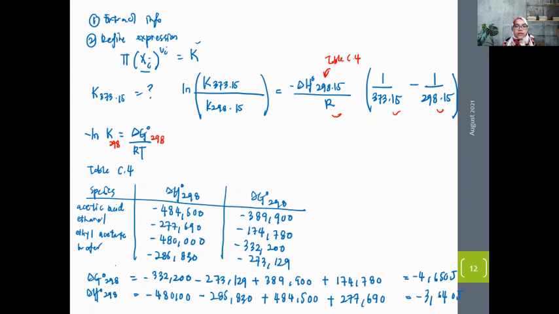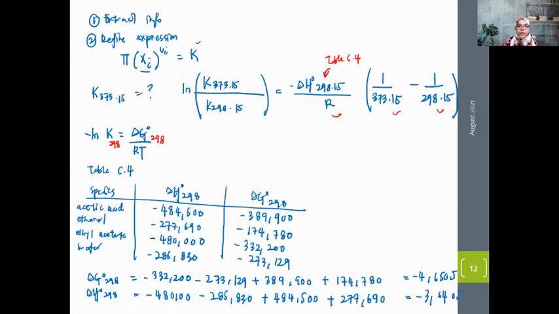So inserting this value into this expression, we can get minus ln K 298 equal to